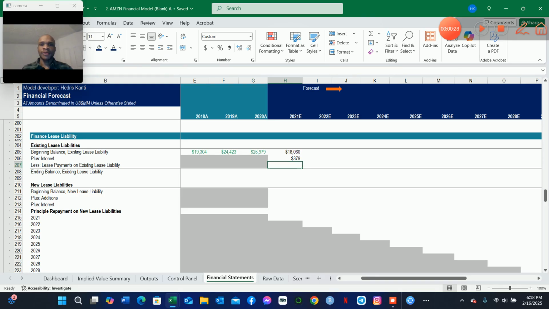However, we will have to later on deduct the interest expense embedded in the total debt service to arrive at the principal repayments, which we will use later on in our cash flow statement for the total principal repayment of finance lease obligations